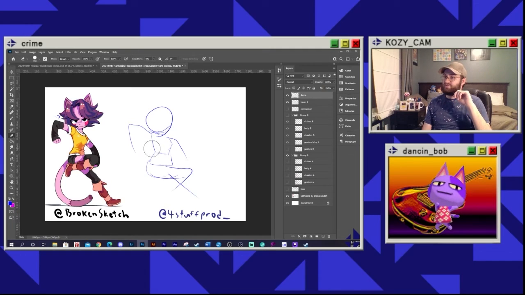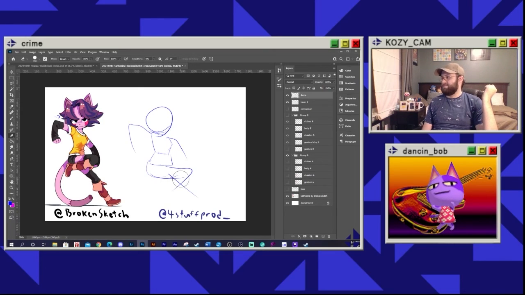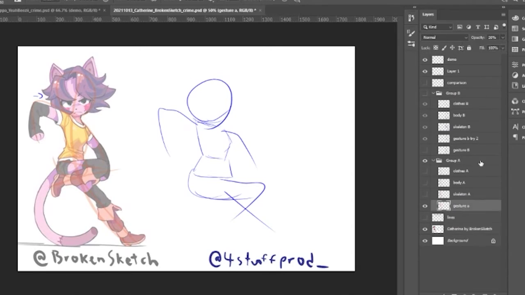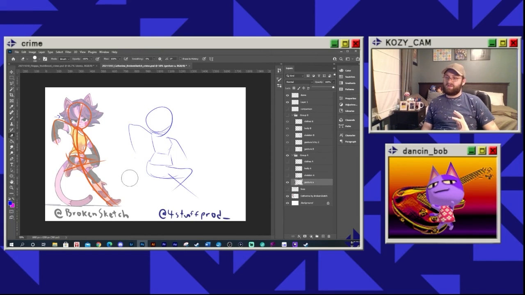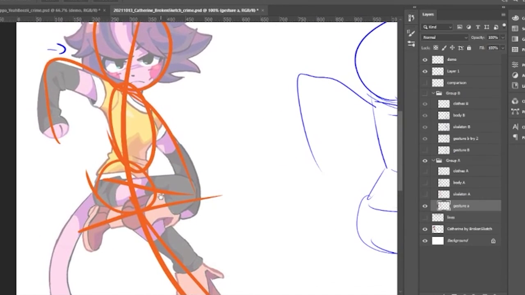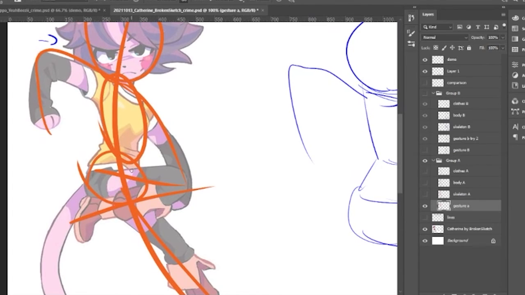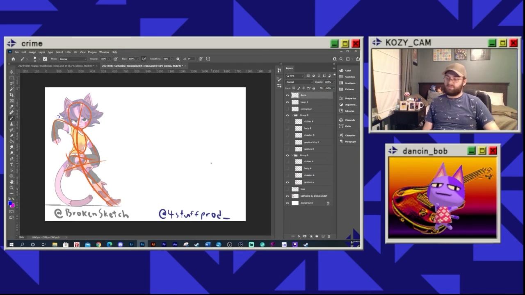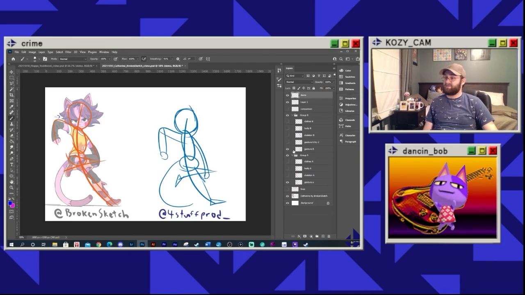So I did a gesture thing, and I was going to erase this and say like, don't worry, I did a lot better than that. But that's a lie. So here was my initial gesture. And I think even on this side, I think I messed up. For starters, I kind of oversimplified the motion of this leg. This leg is really going up this way, but I made it look like it was going that way for some reason. So let's see what my freehand gesture looks like.